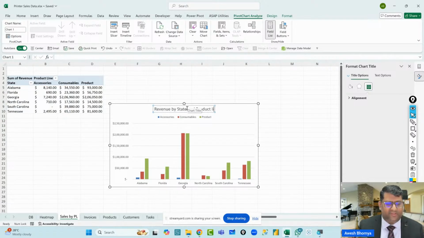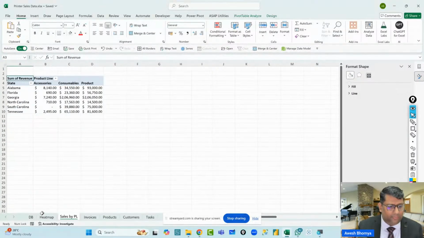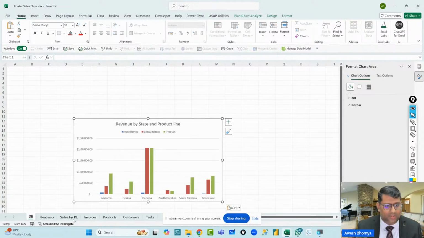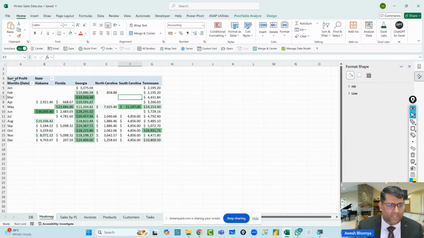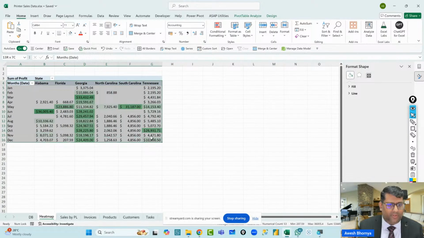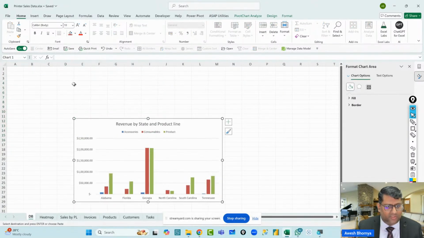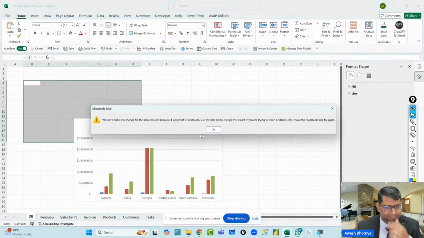Okay, now once this is done, I can just cut this from here, and I can put it on my dashboard. I can take my entire heat map, cut it from here and paste it here as well. Oh, sorry.